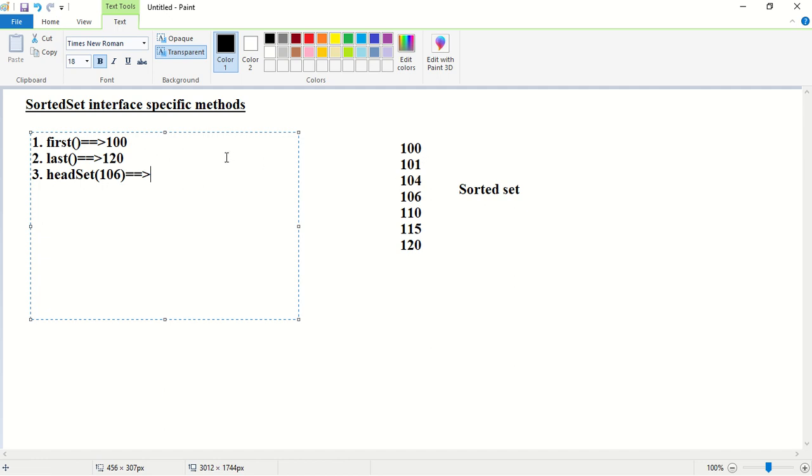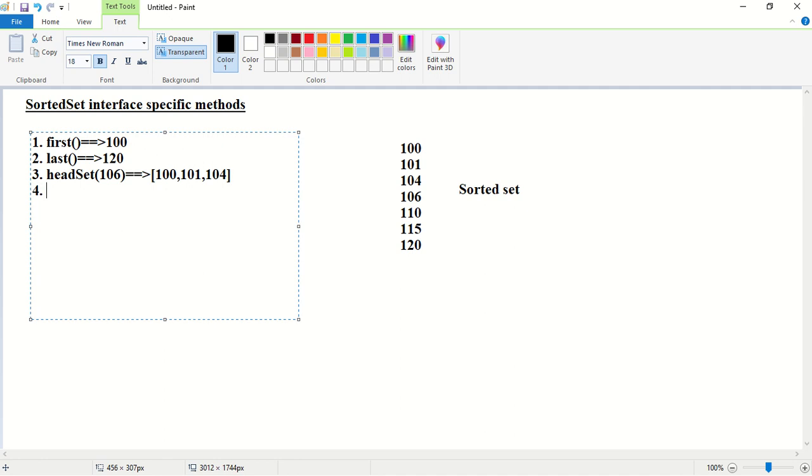Remember, in a head set, you should not include the given element. So whatever is in the top of this object, you should consider that. The given object should not be included in the head set.